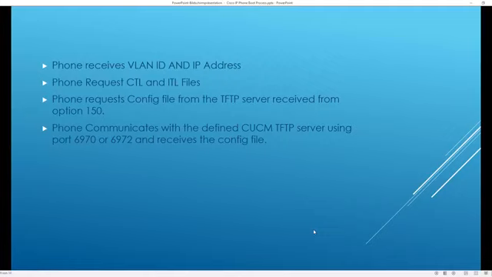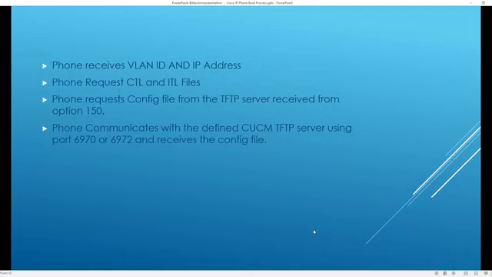For example, you can use an IP helper address on the switch. If the DHCP is not configured on the switch itself, then the DHCP IP helper address should help you to